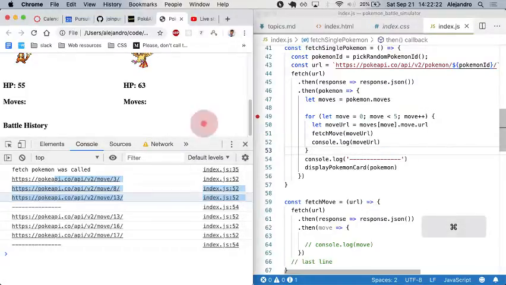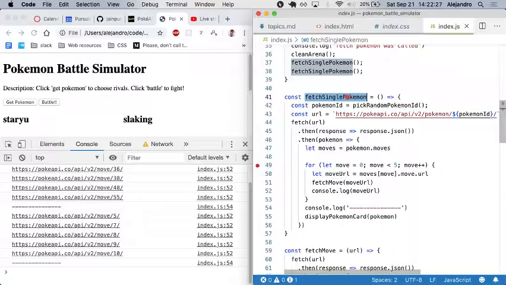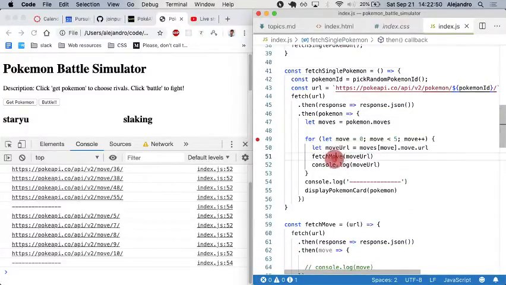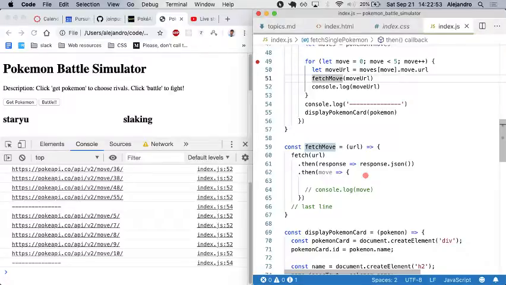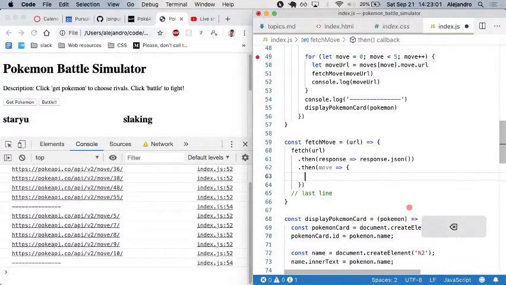And so we're fetching the moves whenever we fetch a single Pokemon, right? And we have to fetch the moves whenever we fetch a single Pokemon because we'll need the Pokemon itself before we can fetch any of the moves. Because fetching the Pokemon gives us the URL for the next step, which is fetching more information about the moves. So here, let's do fetch move, and then let's do here, instead of console logging,